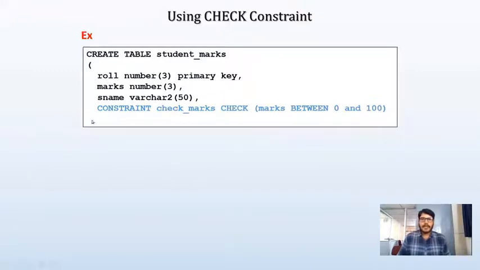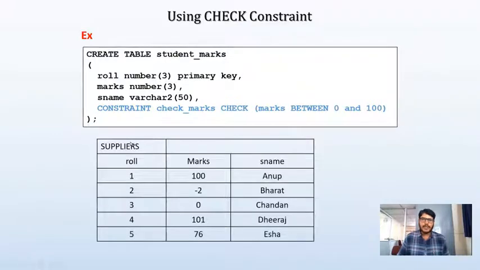So after this, I close the column definition, and I'm going to terminate the statement by using what? Semicolon. So in this case, what happens? It is going to create a student marks table like this. So actually this should be a student marks table. It is wrongly printed here. So it will create columns like roll number, marks, and student name.